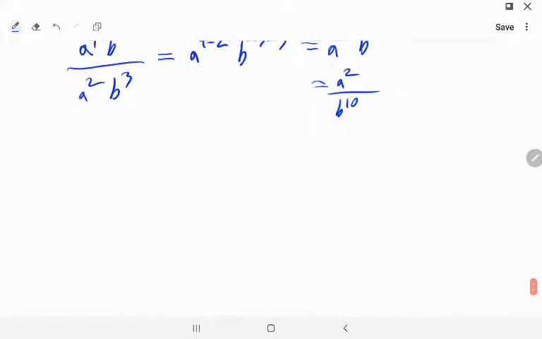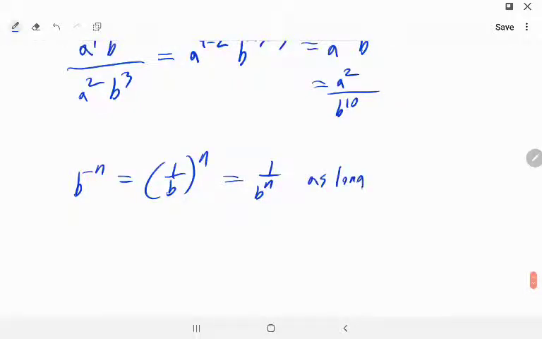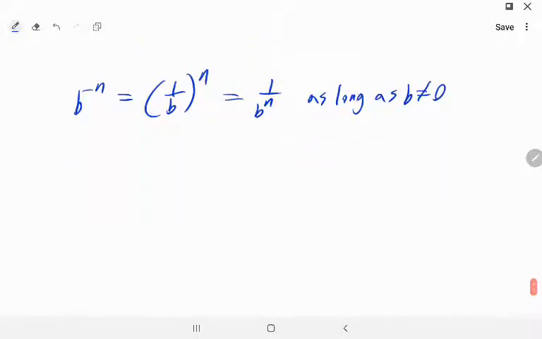So in general, just to clarify, whenever we've got b to the negative n, we can write that as 1 divided by b to the n, as long as b is not 0. Obviously, if b is 0, we have a problem. So if we mix that with our other exponent properties, we notice that